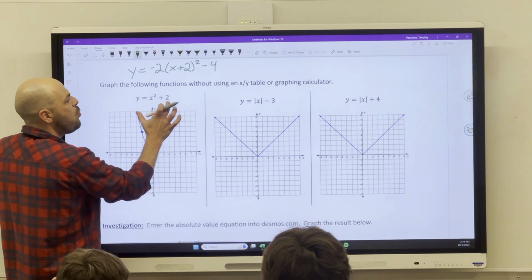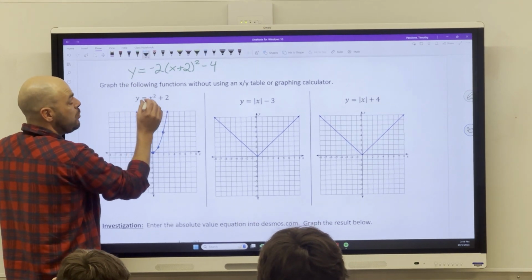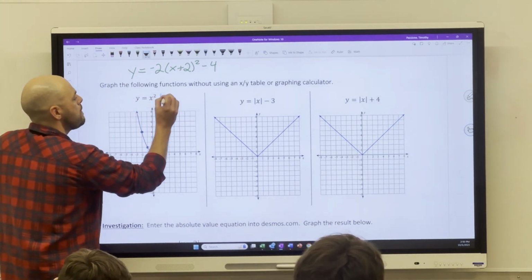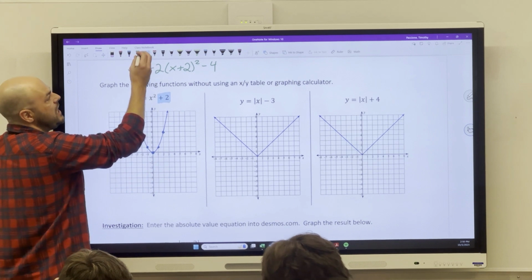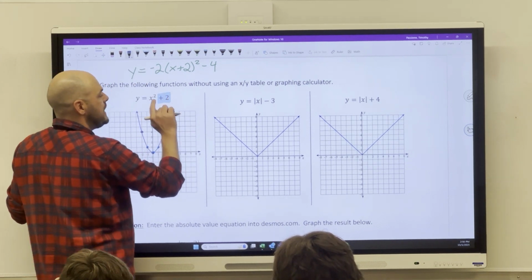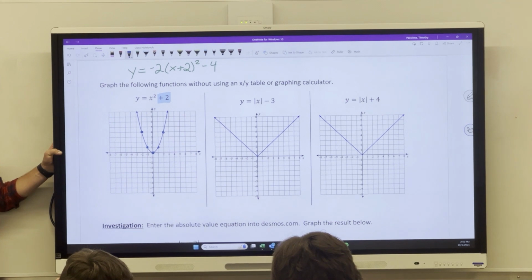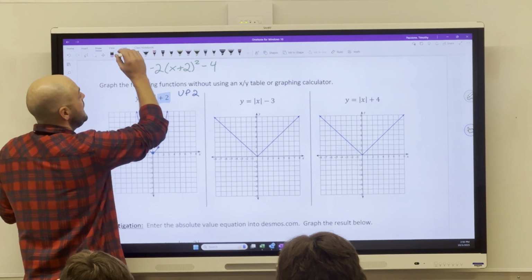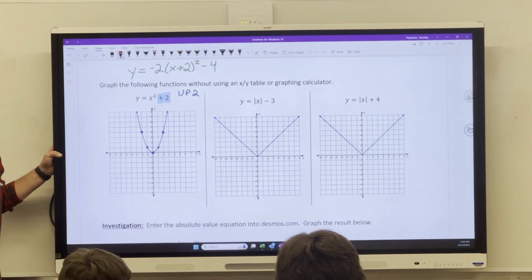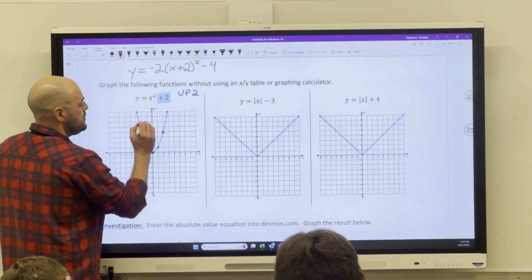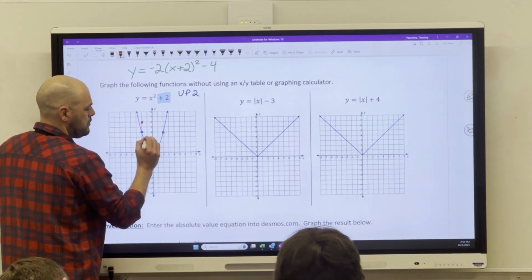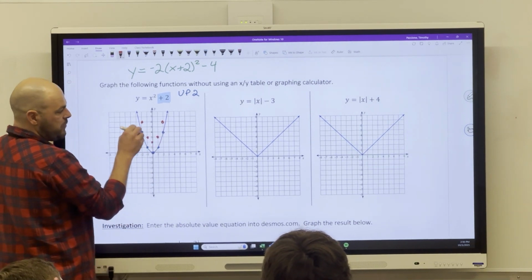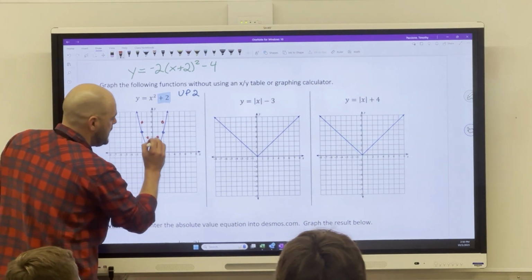Now this only has one thing going on. It's got our x squared, and then what was added? Plus 2. So I circle, highlight, color it, and then I write down what that tells me to do. Plus 2 tells me to go up 2. So I say, okay, up 2, right? And then I take each key point and I do them one at a time. And I say, okay, up 2, up 2, up 2, up 2, up 2. And it reveals my shape to me, right? Now I see, oh, this is the parabola,